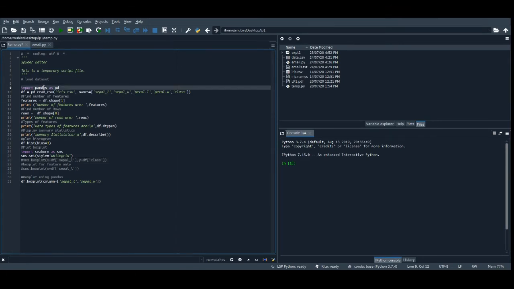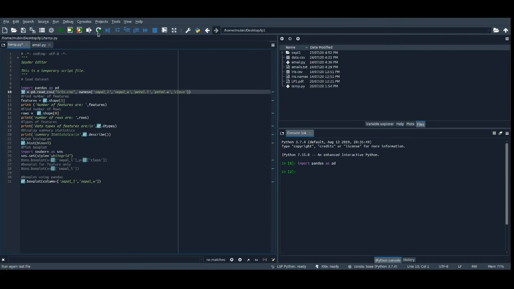To execute it line by line, I can just select the line and use this button to execute the current line. If you want to execute the whole script at once, then you can use this button to run your complete script file. Here I want to execute line by line, so I am using this icon. First the library is imported. You can see the change in the console: the very first statement gets written and executed. Now the cursor is automatically updated to the next line.